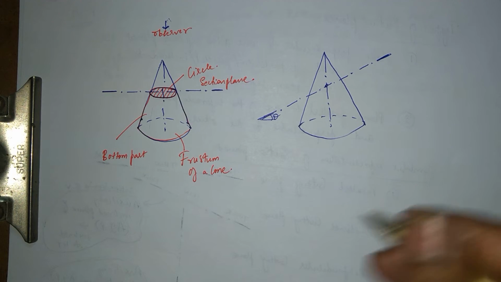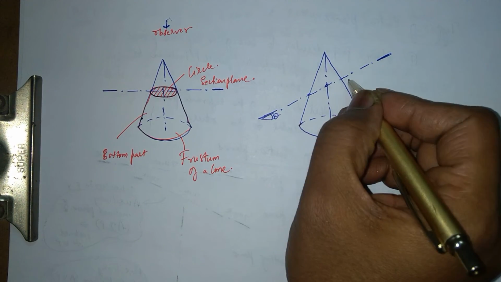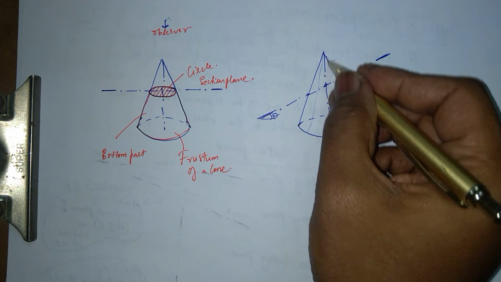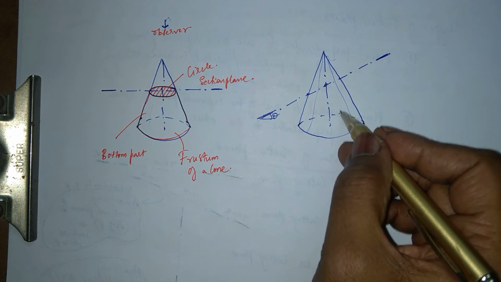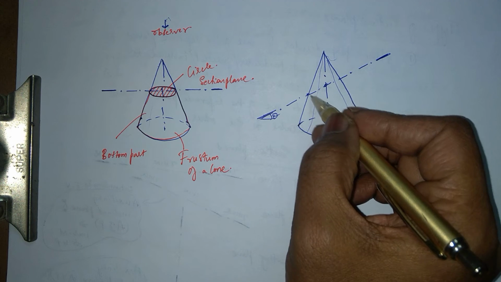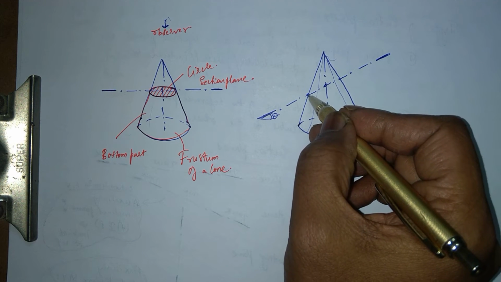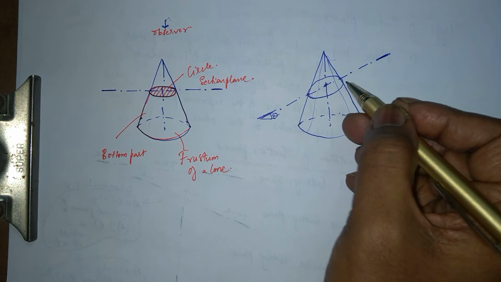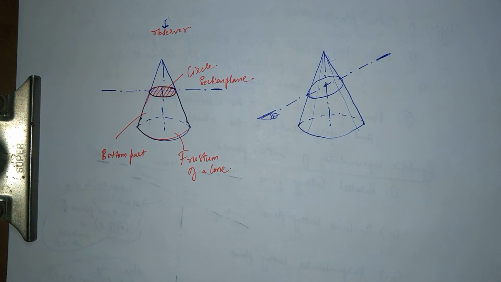All right. Now, so this is one end point, this is another end point. If I draw generators, I'll have generators here. There will be hidden generators right here. So if I join all these points together, I'll get something like this. As you already know, we have gone through this part in your intermediate.